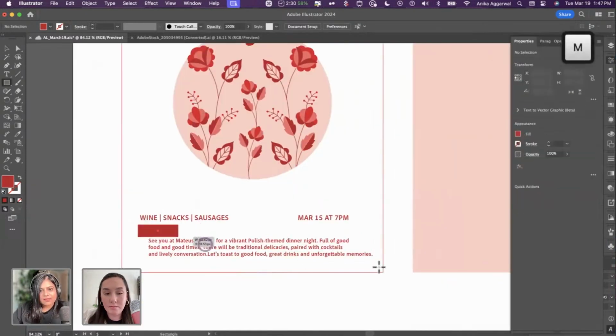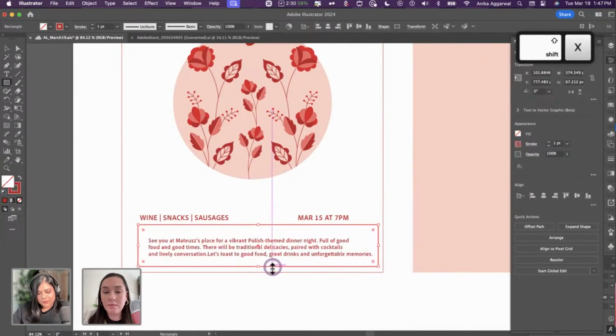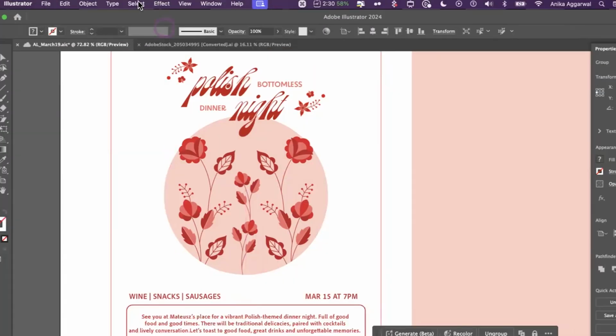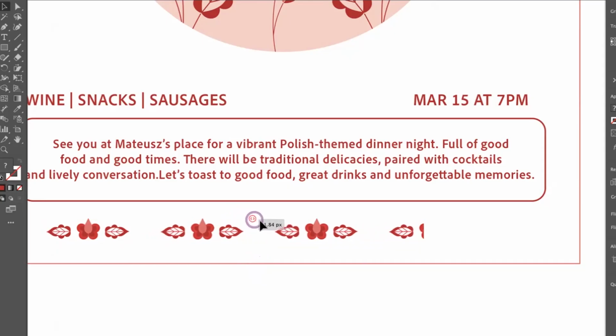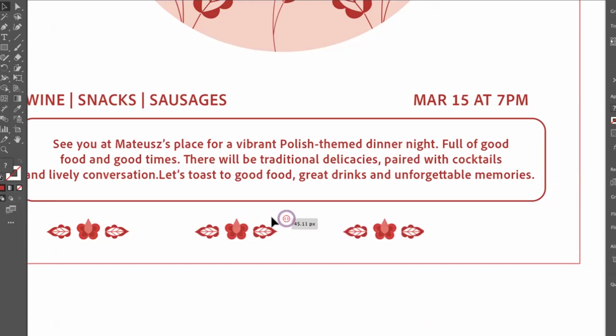And then I think that just adding that color element is important here, so I'm going to do that as well. Okay, I'm going to use the repeat grid here. Repeat grid is also one of my favorite tools because you can change it and you can see it live.